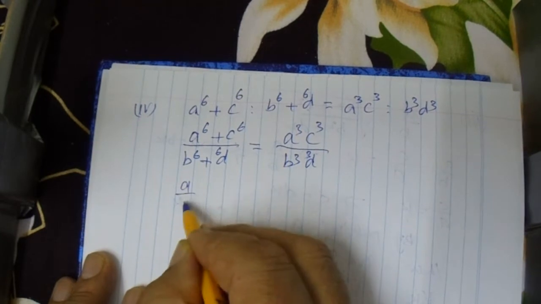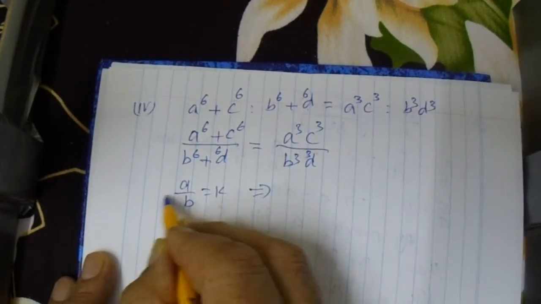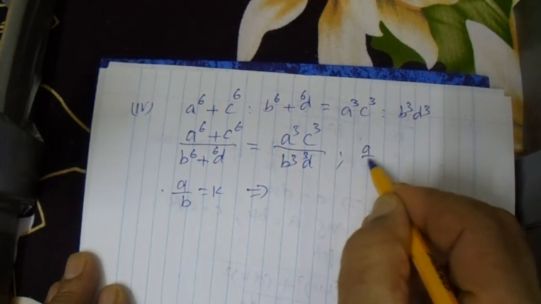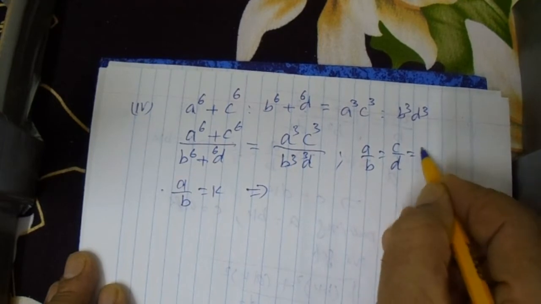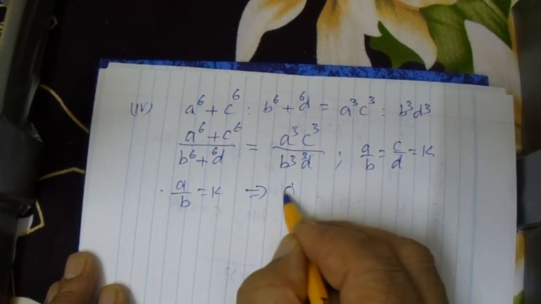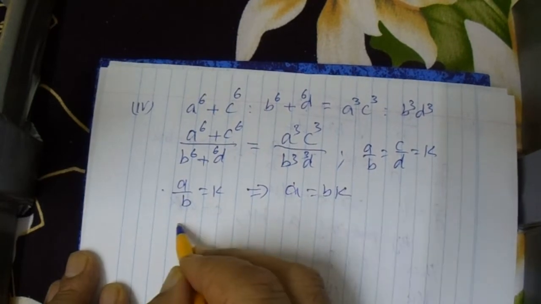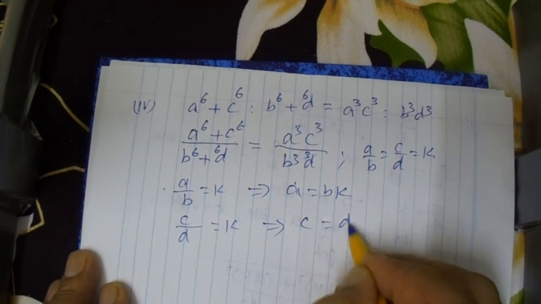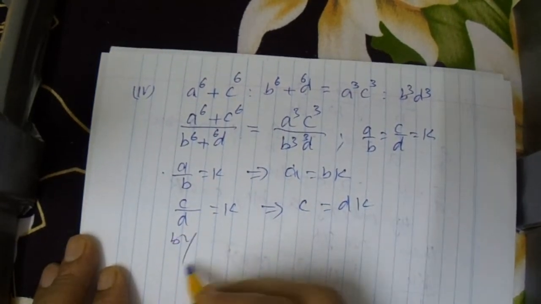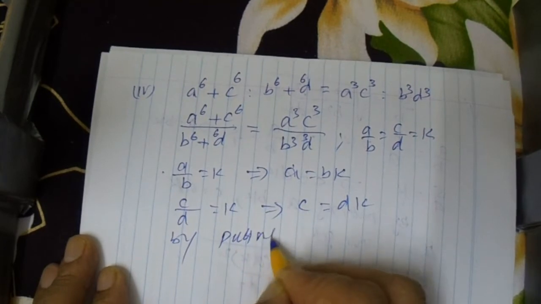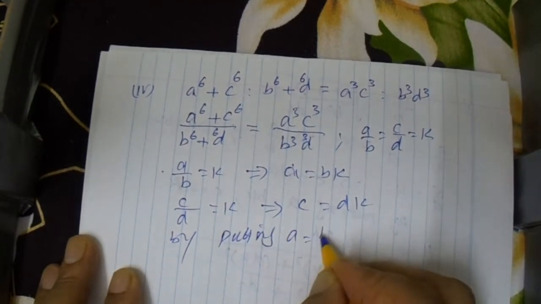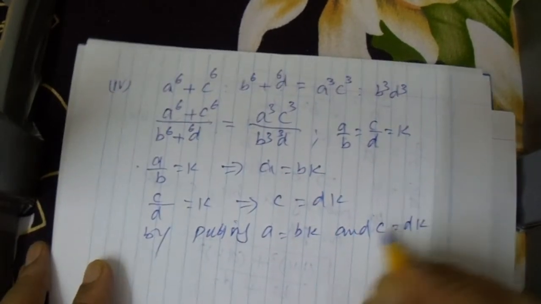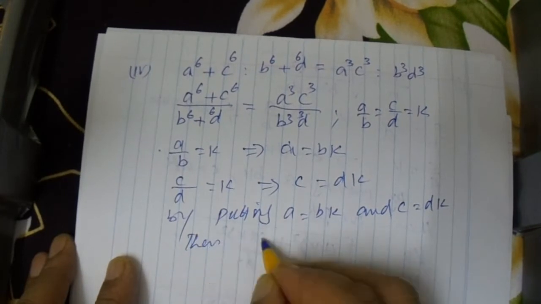Again a over b is equal to k, and here c over d is equal to k. So a is equal to bk, and c is equal to dk. By putting a is equal to bk and c is equal to dk, then we get,